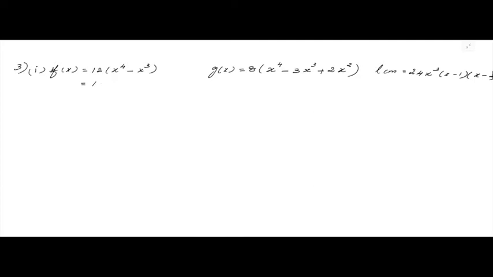You can take x power 3 common outside, isn't it? So what is left? x minus 1. And here in g, we can take x power 2 common outside. So left over is x power 2 minus 3x plus 2. And we can factorize it. On factorizing, what do you get? Tell me.